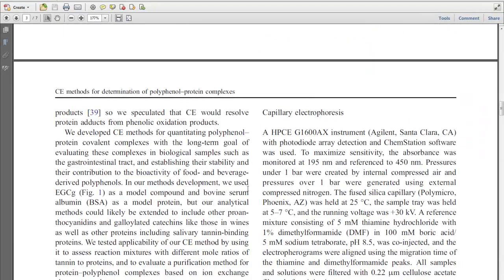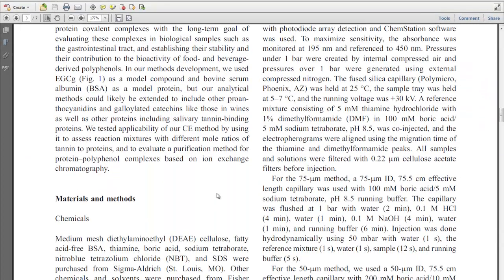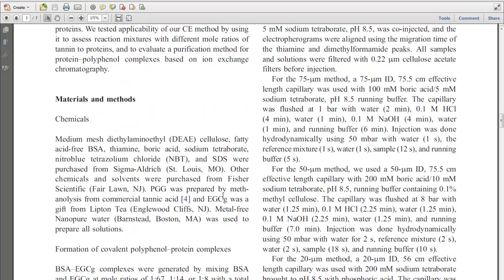Now, as I scroll down, I'm going to enter the second part of my paper, the second major part, and that's the materials and methods. The core part of the scientific method is being able to show that, hey, here's what I did, you can reproduce it. So I need to give you enough information to do reproducibility. Typically, you're going to see right up at the front of these materials and methods a quick, hey, here's where we got the chemicals, and it is definitely a good idea to list